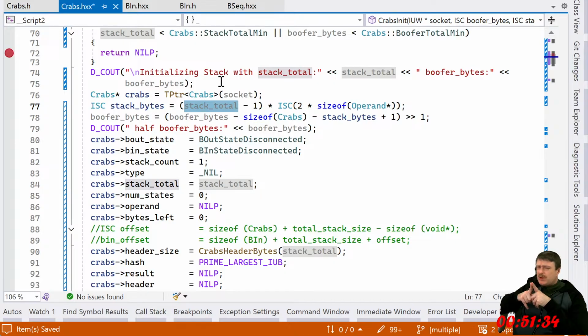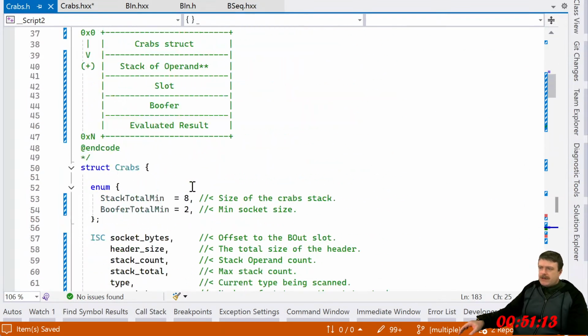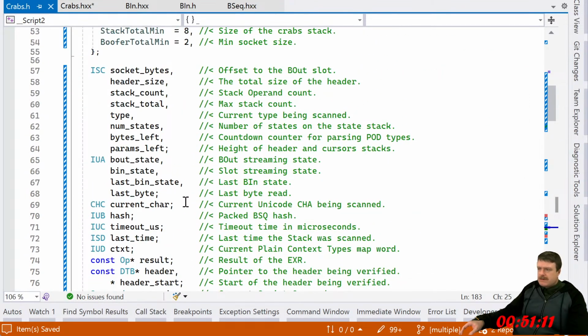It wouldn't be the weirdest, because maybe the last member in the header struct was array element 0 of the stack, right? So let's look at that. Is that what I did? Because that would make sense if I did that.